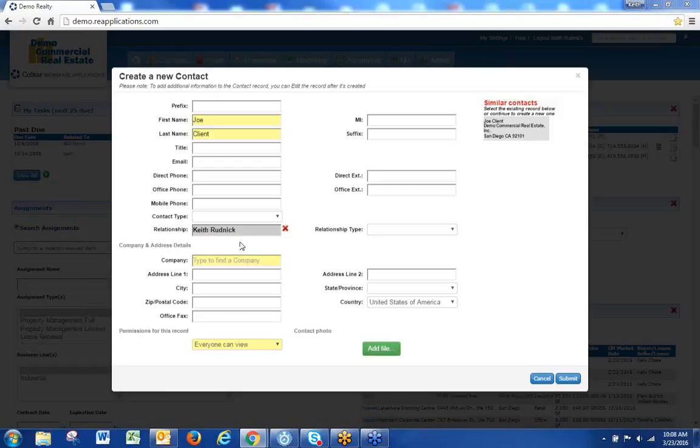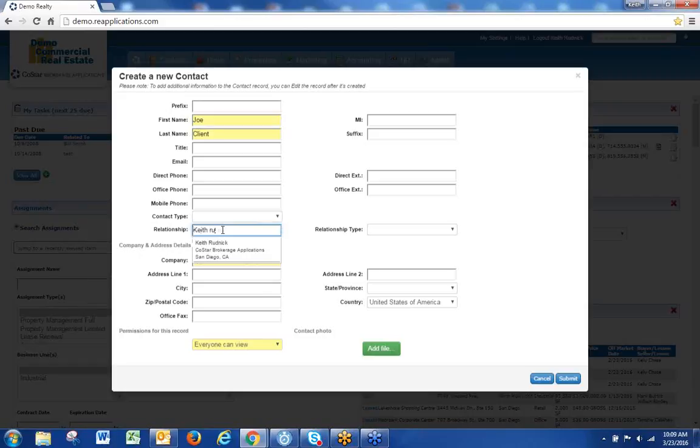Something else on this form that is important for you to notice is the added relationship to it. The old form that we had, not this short form, but the regular one, would automatically put the creator's name as having a relationship to the record. Same thing here. I'm logged in as myself, and it put my name in. If you are adding a record for somebody else, hit the X, it will take their name out, and now just start typing in who the person is